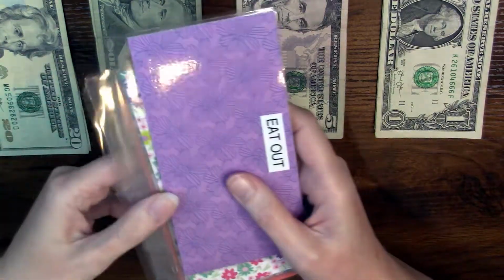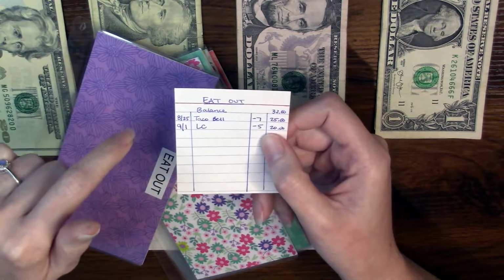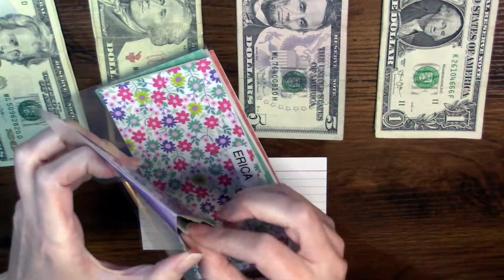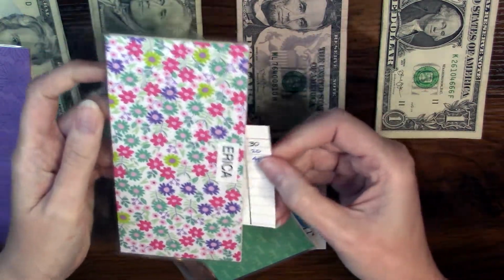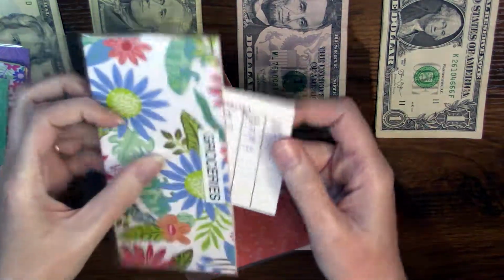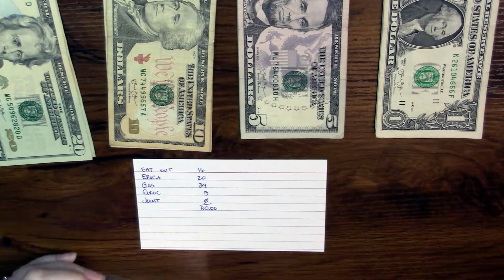Okay, so I've gone through and I've updated all of the cash envelopes with all of the deductions that have come out. I realize that this is supposed to be the 830 cash envelope stuffing, but I did spend a little bit more out of this. So, eat out, I've still got $20 in here. For my personal envelope, I still have $40 in here. Still haven't gotten that haircut yet. Maybe one day. For gas, I've got $161. For groceries, we've got $45. And for the joint miscellaneous, we've still got the $20 that we put in last time. So, that is where we are as far as our current